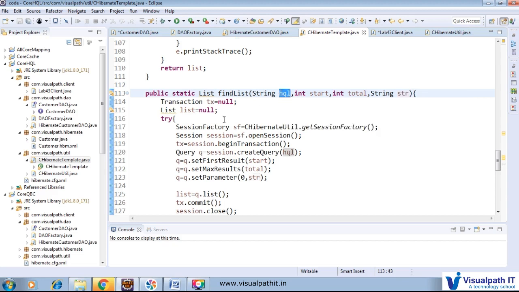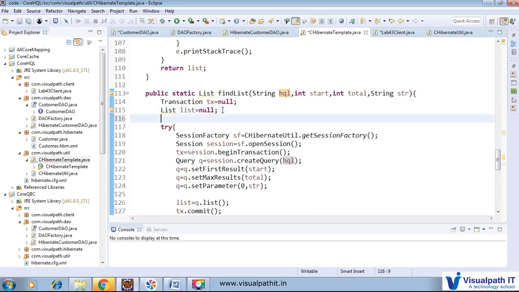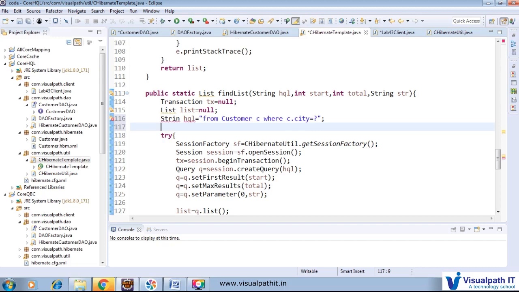When we pass this HQL, for example, I have a string HQL, from customer C where C dot CT equal to this placeholder. Now we have this query.